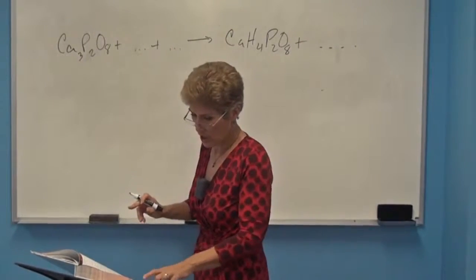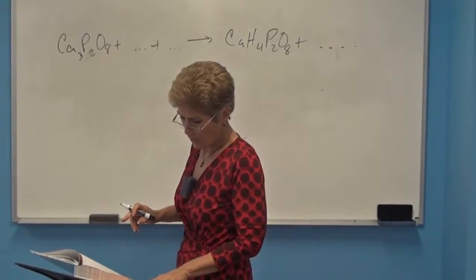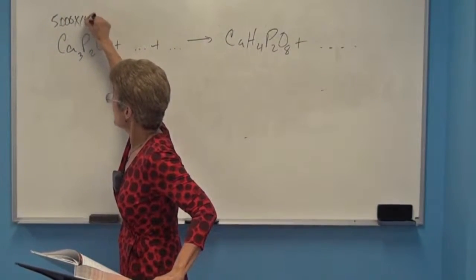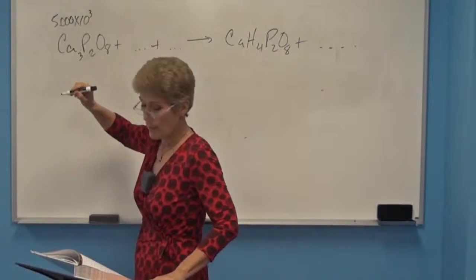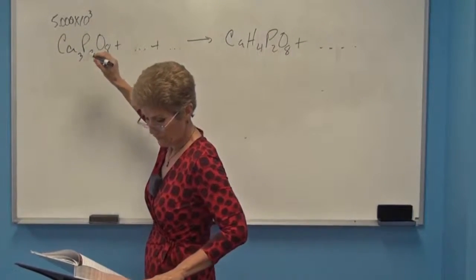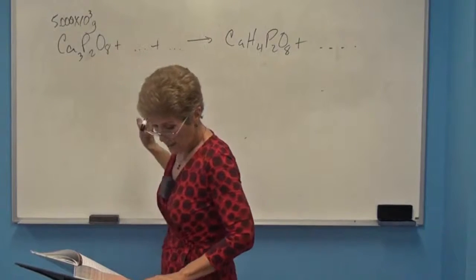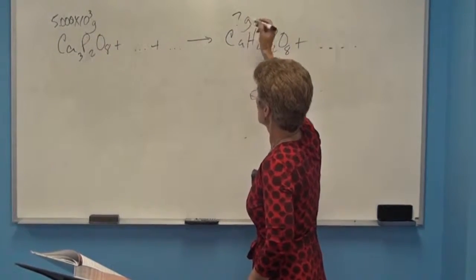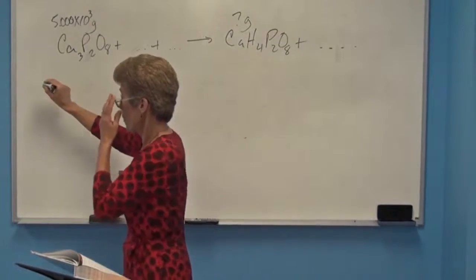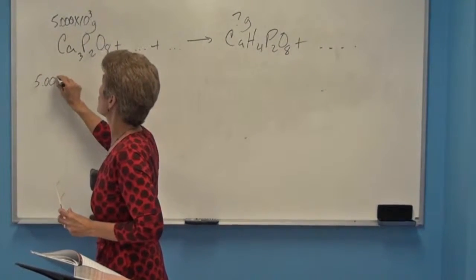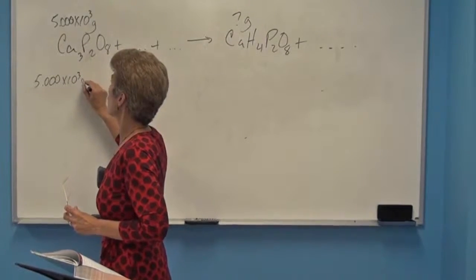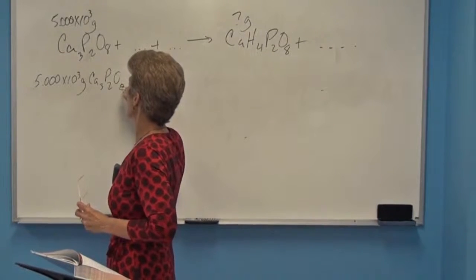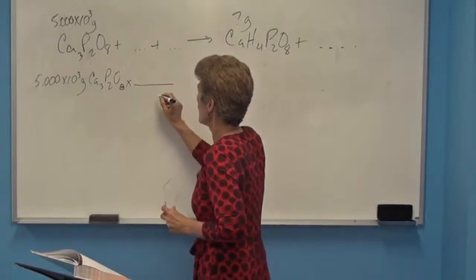relationship. So we're told here that we have 5.000 times 10 to the third, that's a 0, times 10 to the third grams. And we're reacting it with excess of those. How much fertilizer can be made? So we want to know how much fertilizer can be made. So we're going to take 5.000 times 10 to the third grams Ca3P2O8, times